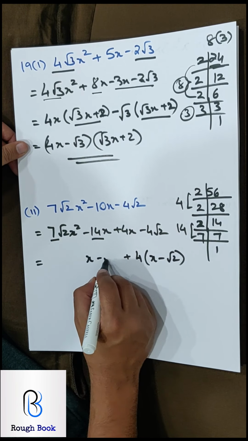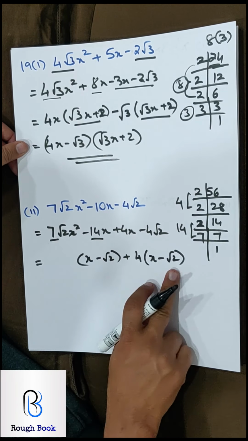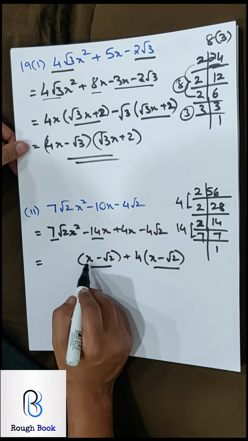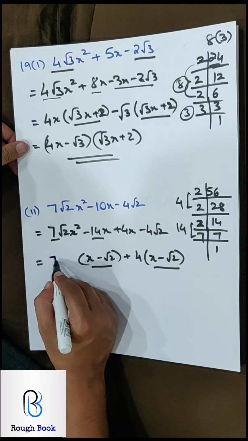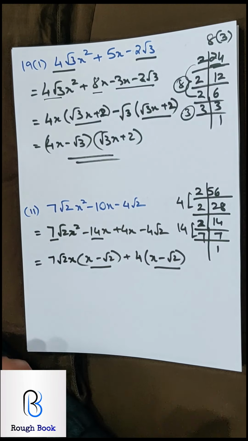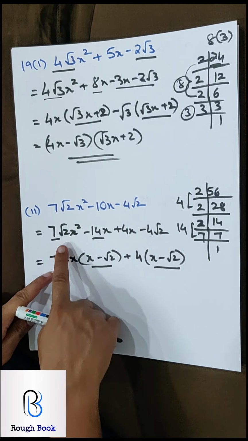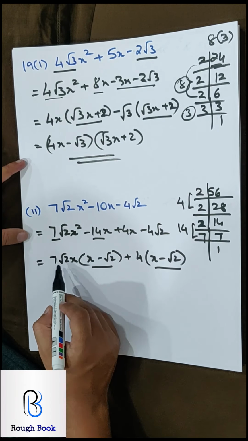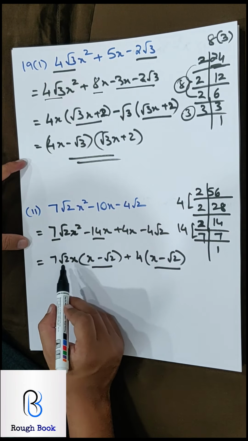So here also I will have to get the same thing. So I am copying this part here first only. Now what will be left? x is pulled out. What is left? 7 root 2 x. See, directly understanding how to get this 7 root 2 is very difficult. So we have to cheat here. Now verify it. If I open, this is sorted.